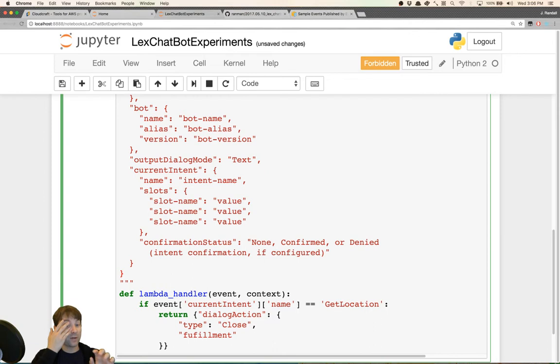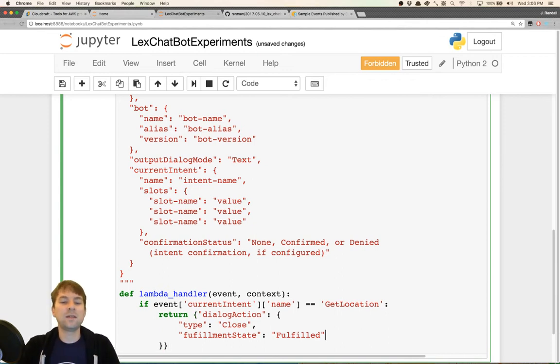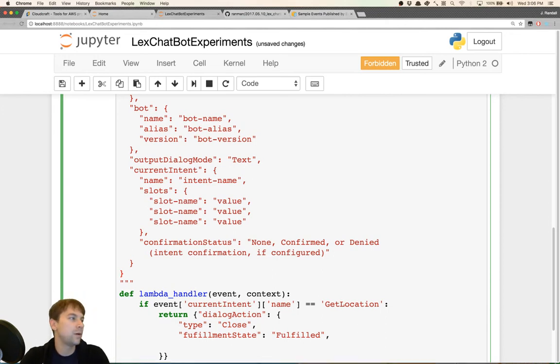So there are a couple different types of responses within the dialog action. One can be close, one can be elicit or solicit more information. And the fulfillment state is also indicative of whether or not the intent has been fulfilled, and the type is kind of like, are all the slots satisfied, all this other stuff. So we go to the fulfillment state,